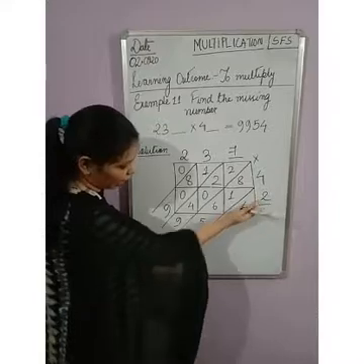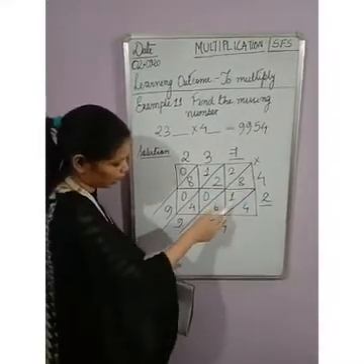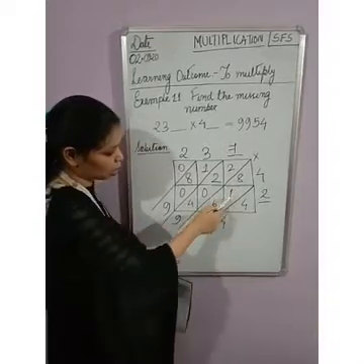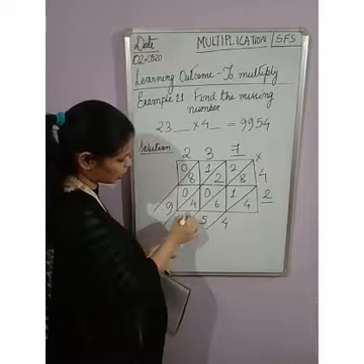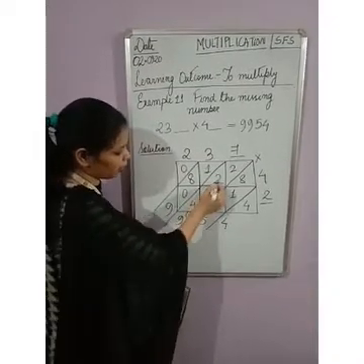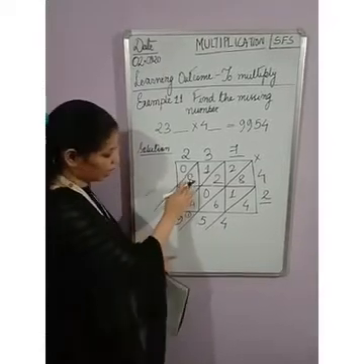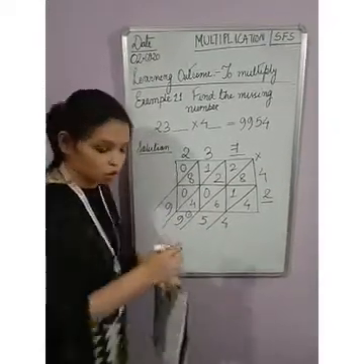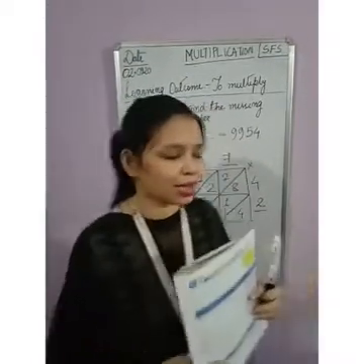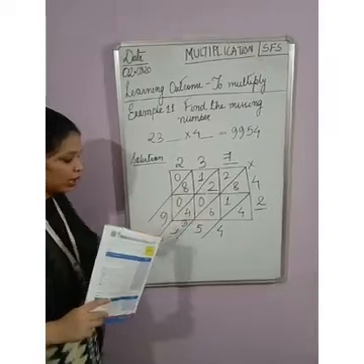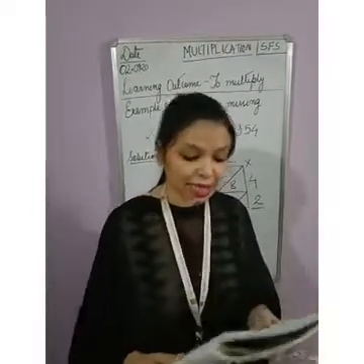Okay. So I will add the numbers in this way. 4 will come here. 8 plus 1, 9, plus 6, 15. 1 will go to the next place. 4, 5, 6, 7, 8. 8 plus 1 is 9 and 8 plus 1 is 9. This one is not shown in the lattice algorithm. So when you check your answers, you can get the 1 and add the numbers. Okay children, so in this way you can find out the missing number.